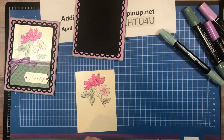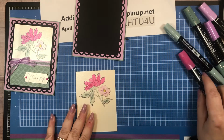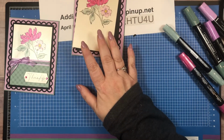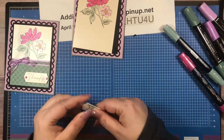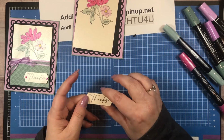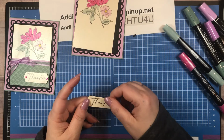Okay, so we have our flower done. I'm going to set that aside once again. We'll put that right there. Where's my thanks? Okay, here's my thanks. And if that was dry, then I'm pretty confident that this is dry. And I am going to get